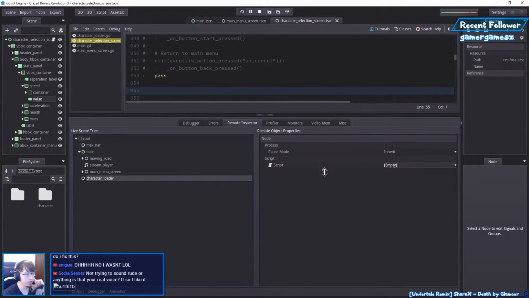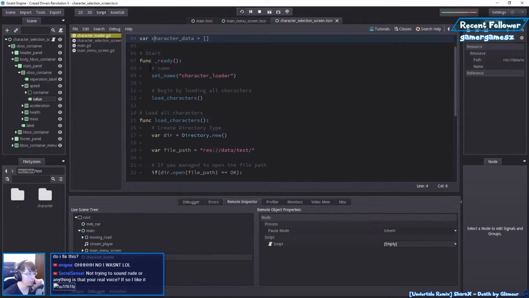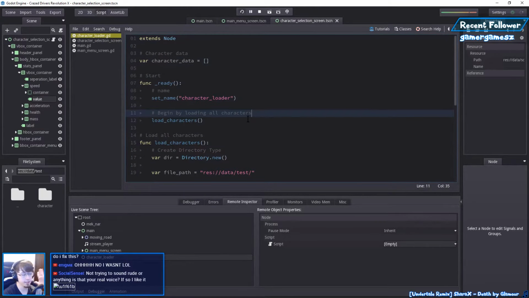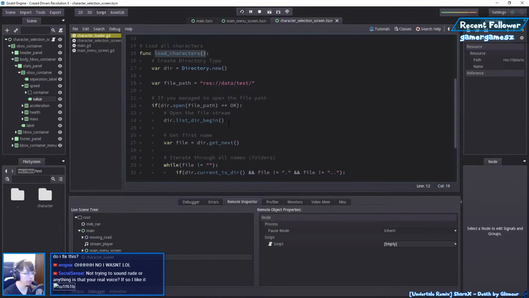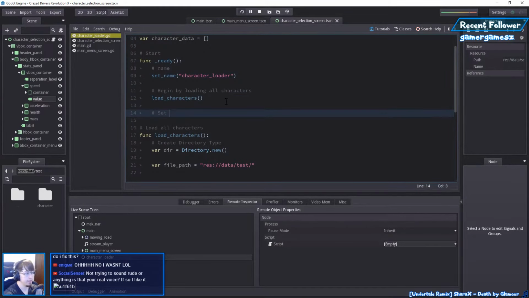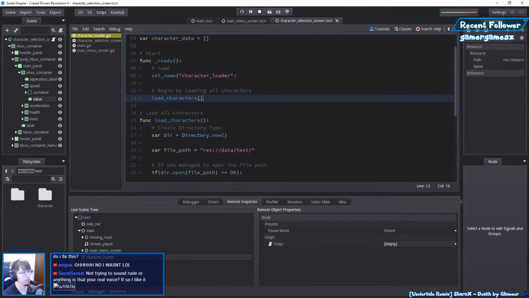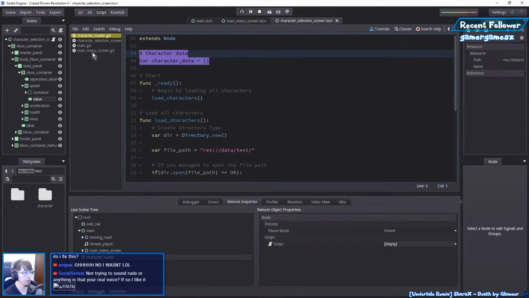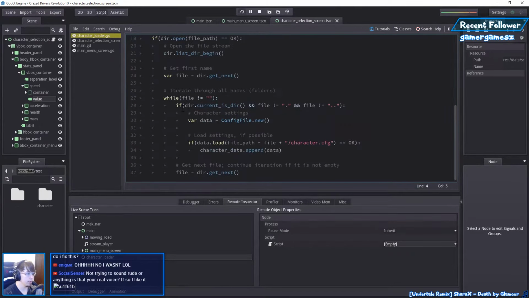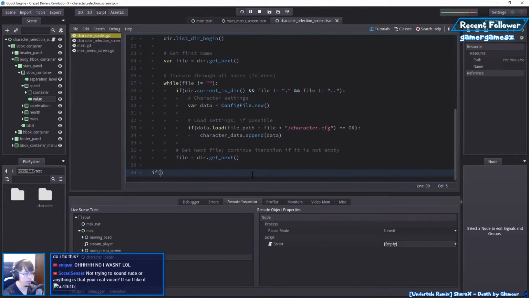I have the solution, and that is not to make this the singleton. So after loading the characters, what do we want to do? We want to transmit, or rather, set. Actually, I can just do it in load characters. I don't even need this anymore. I don't need that either. Or do I? Yeah, I do need this. So at the end of this, character data, actually it doesn't matter if it's empty or not. So screw that. Set character data, or rather